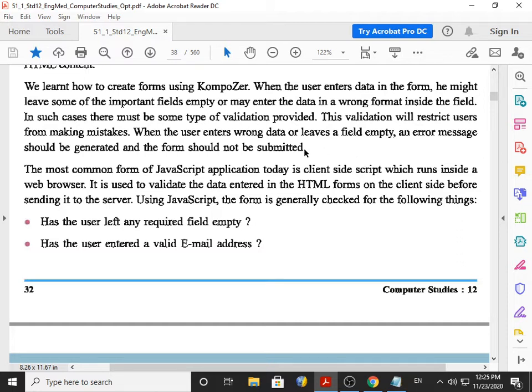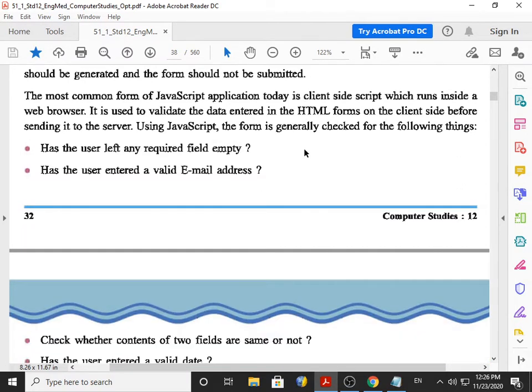Now the most common form of a JavaScript application today is called client-side script, which runs inside a web browser. So it is called client-side. We learned client and server long back. Client means a person who fills up and submits the form, and server means the computer which receives and accepts the form.